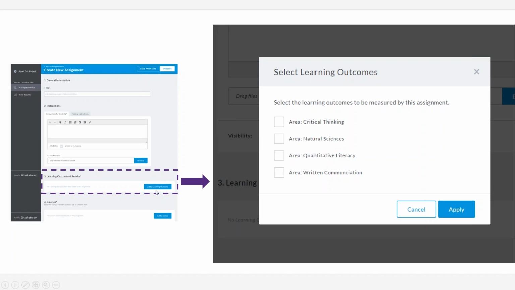When you click that button, it's going to open up the modal, which we see on the right, where you go in and you can select the learning outcomes or select the knowledge or skill area, so that it's specifically the knowledge or skill area that is going to be measured by this assignment. So once you've selected your area and you hit apply,